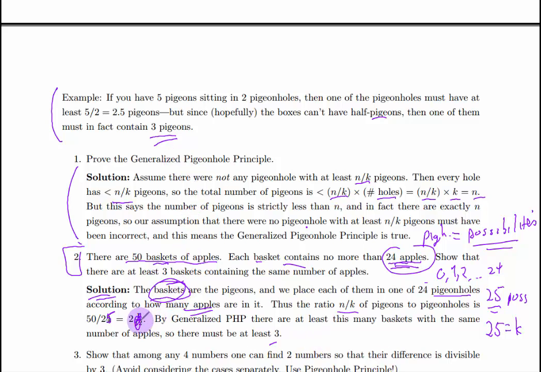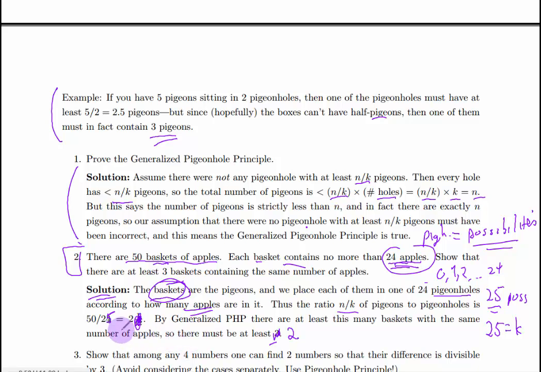All right, so let's look at this again. I showed that the write-up is wrong here. It shouldn't be 2 1/12 because there really are 25 possibilities. I said no more than 24 apples, so that means 0 is a possibility. So here we only get 2. This here must be at least 2. And in fact, you can see that 2 is possible